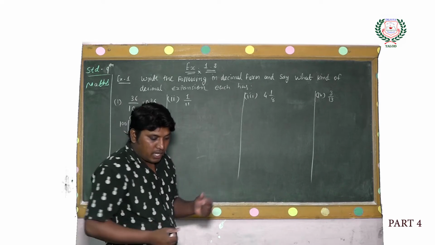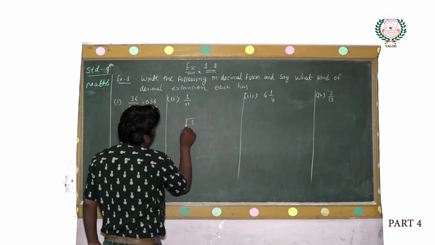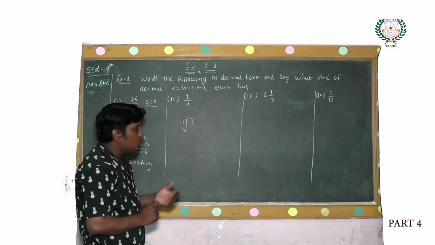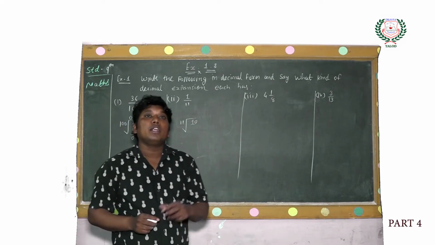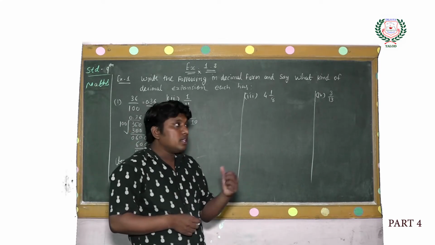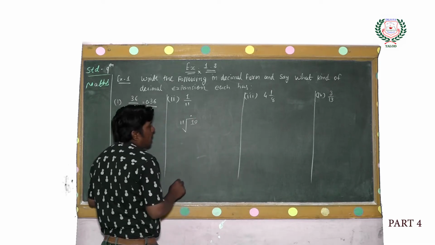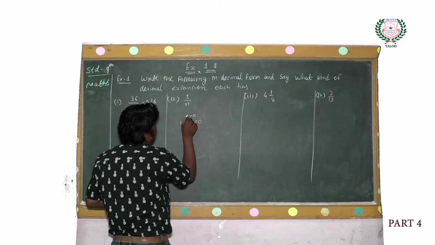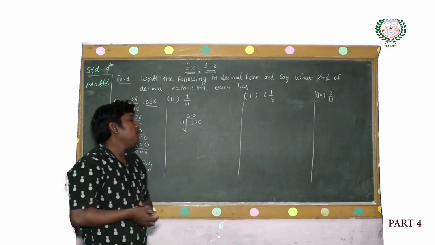Second one is 1 upon 11. So 1 is divided by 11. So what you have to do? You have to put 0. But here now 10 is less than the divisor. 11 से 10 क्या है? छोटा है. इसलिए हमें क्या करना पड़ेगा? इधर एक पॉइंट तो रख दिया हमने पहले, लेकिन और 0 लगाते हैं तो इधर भी एक 0 लगाना पड़ता है. सो वो क्या हो गया? 0.0. Now you can divide 100 by 11.